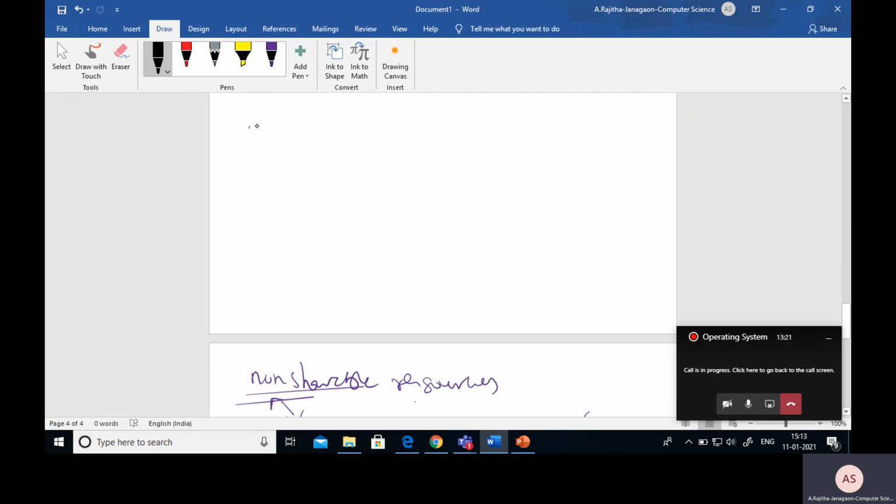So this is the no preemption. And one more is the circular wait. What is the circular wait? Coming to this circular wait, suppose a set of processes are there. Suppose here P1,